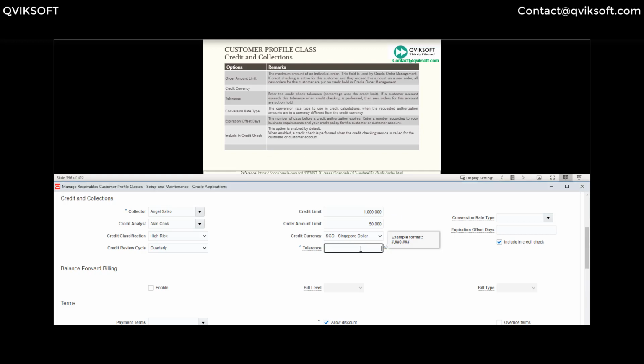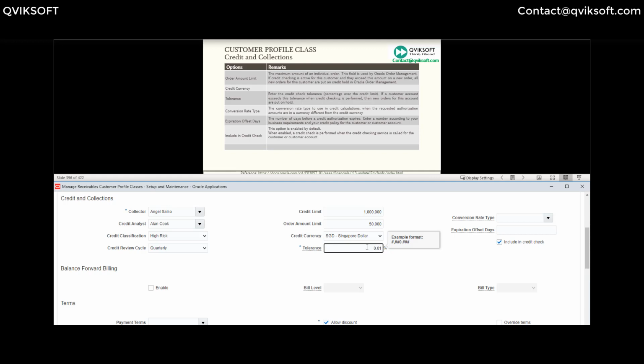You may have a query why this is just a percentage, because if I say a percentage of 1 million, 1% or 10% or 5% can be pretty high. Can there be an option to put an amount? There's no option to put a tolerance amount, but you can always put this in decimals. For example, if you're very picky about this balance, then you can say 0.05, 0.01, and it will automatically calculate accordingly.